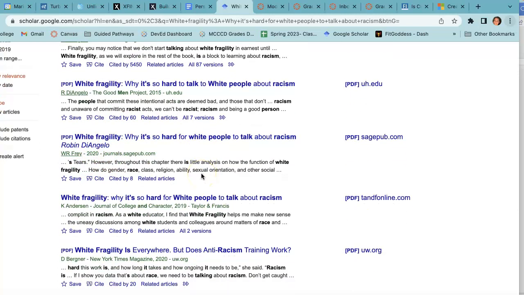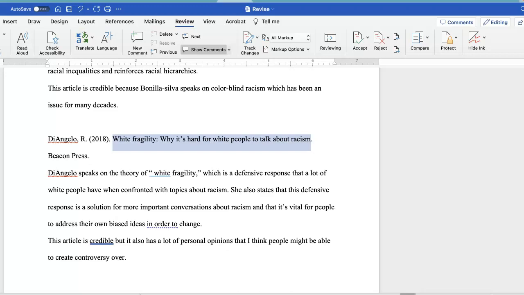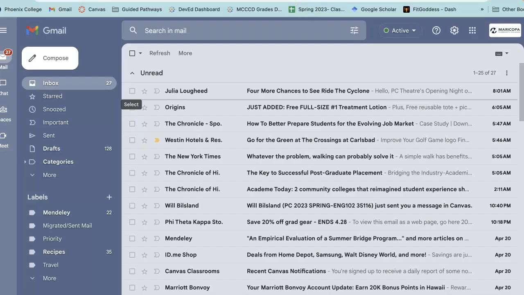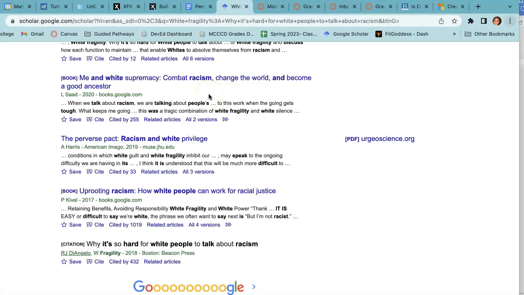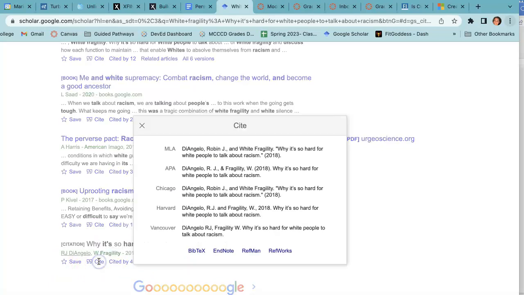So you want to find the source directly that you were citing from, and then let me double check that. So D'Angelo 2018, that is not the right one. Okay, so this is the book that you are citing, D'Angelo 2018. If you come down here and you see where it says cite, if you click on this, it will pop up and show you the citation in all of the different citation styles. And what you want is this one. So if you just copy from here